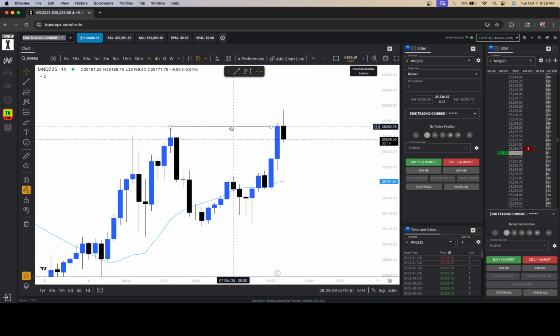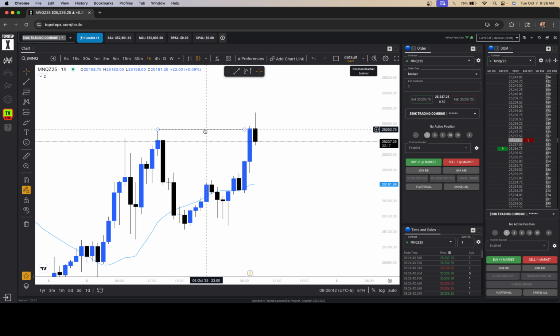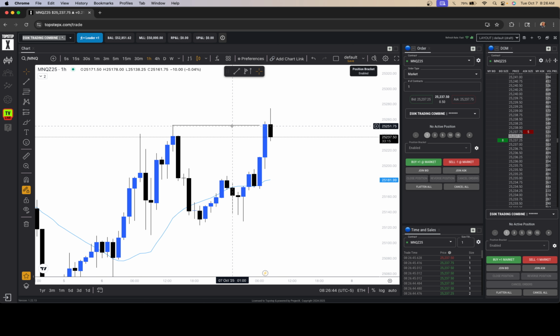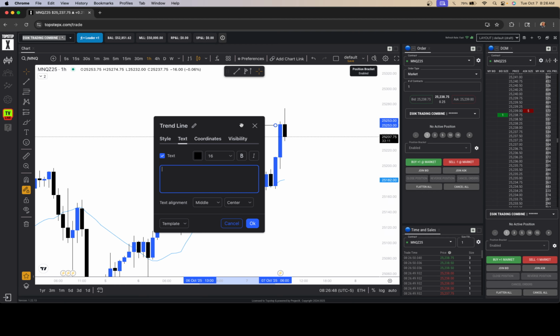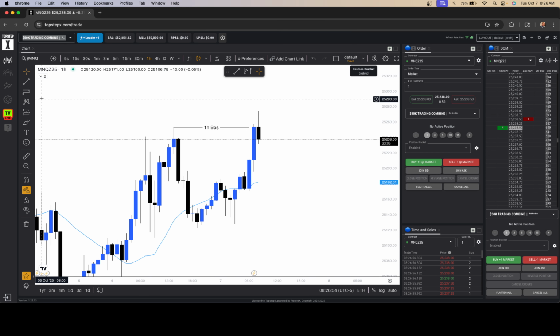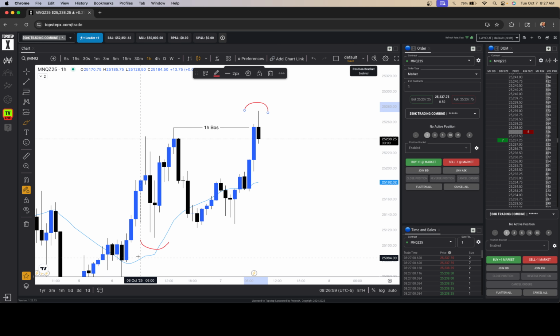So right now, I'm just mapping out my structure points, what my draws on liquidity are, and trying to figure out if I want to be a buyer or seller this morning. So right now, I'm doing my typical analysis. We got a 1 hour break of structure from this low right here to this high. This low took liquidity down here, and then